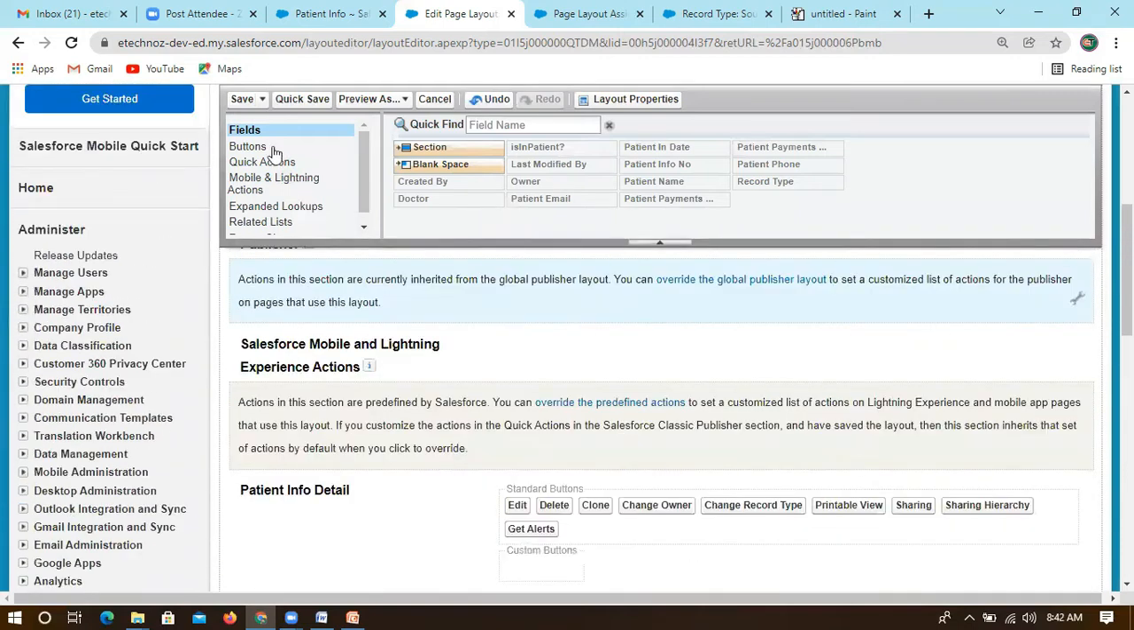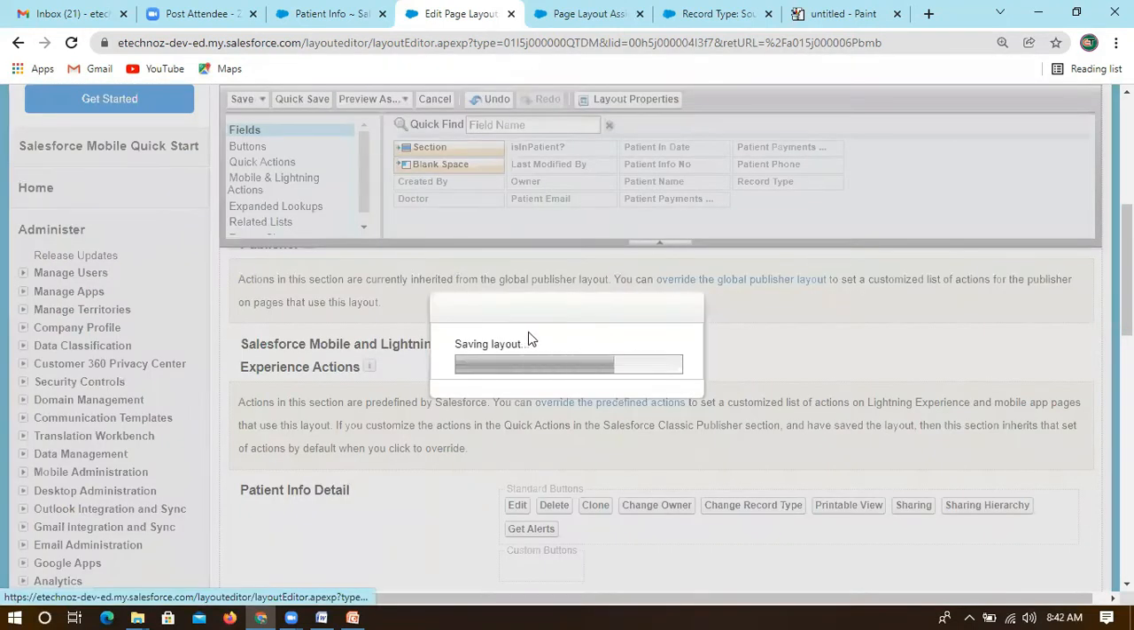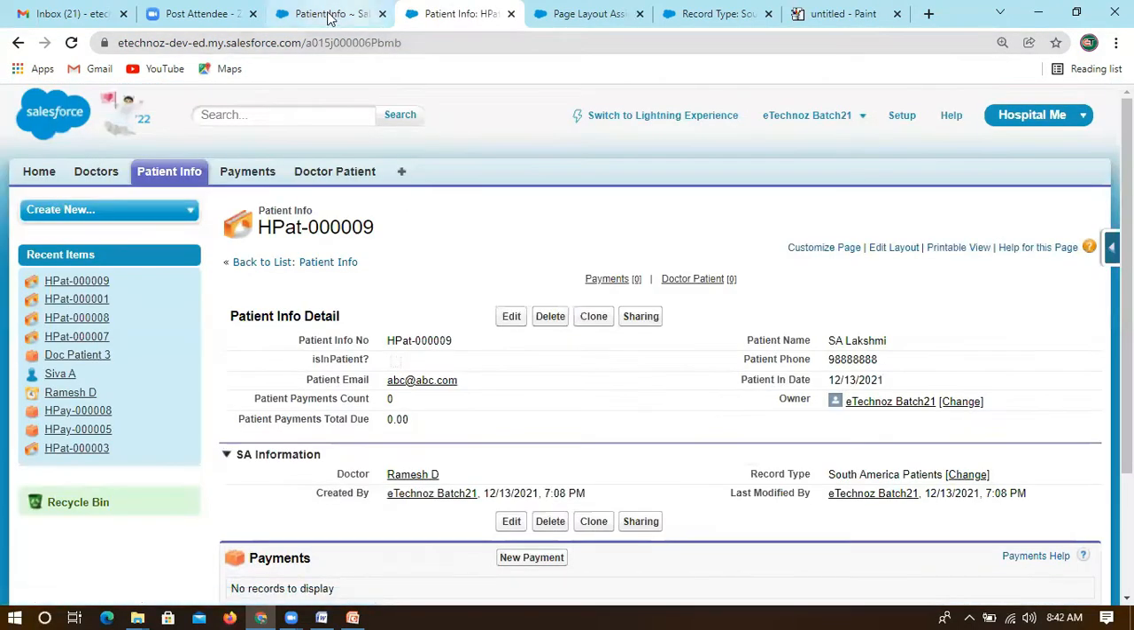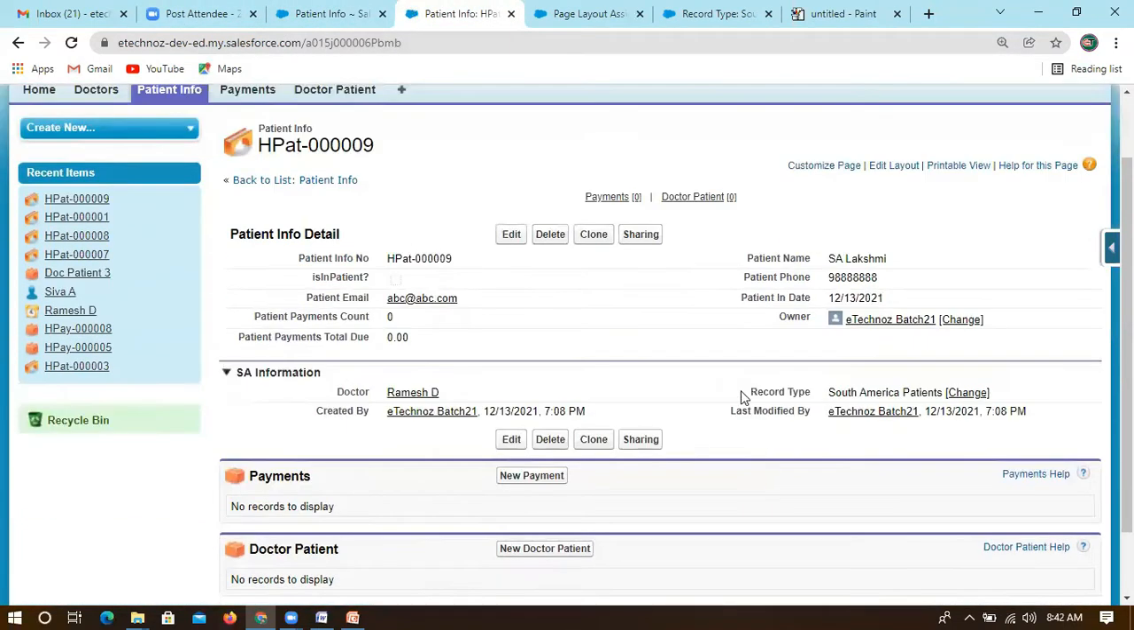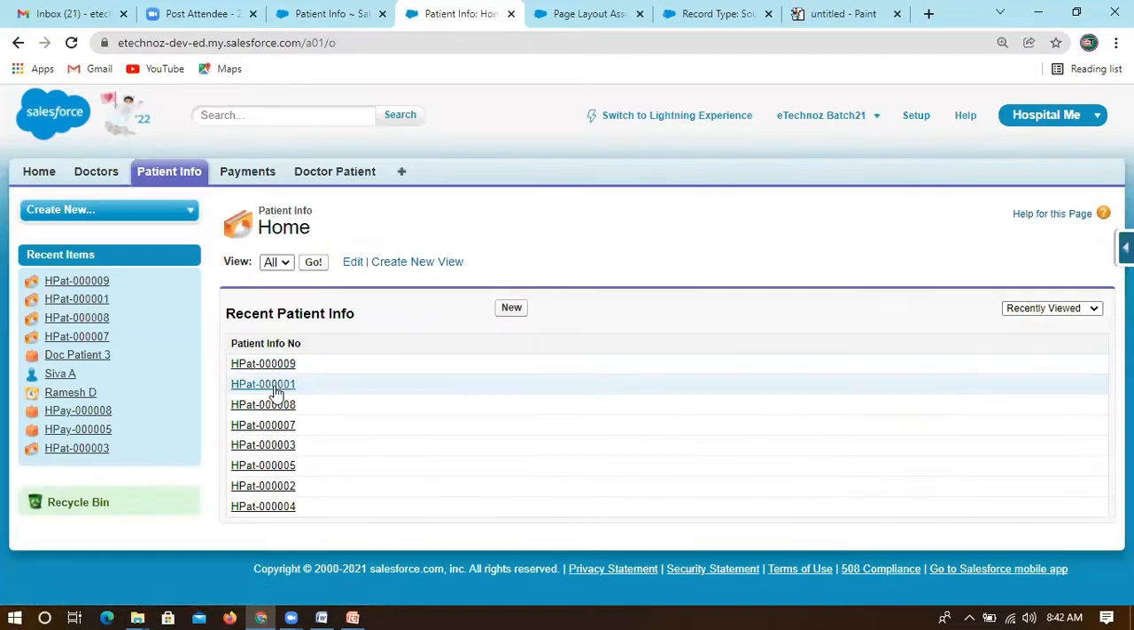Likewise, if you go to this layout, you can just modify all the data. Okay, so now if you go back and refresh this, can you see this? So record type, which is the South America patients record type. When you open anything,